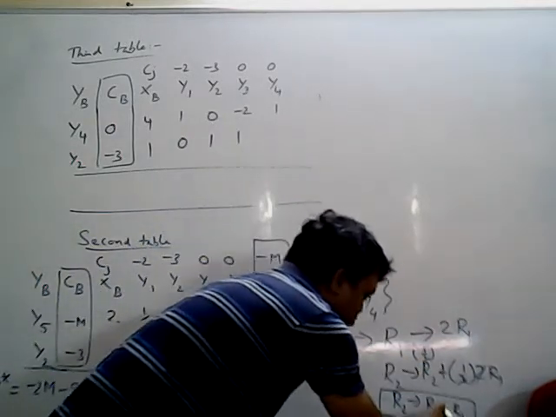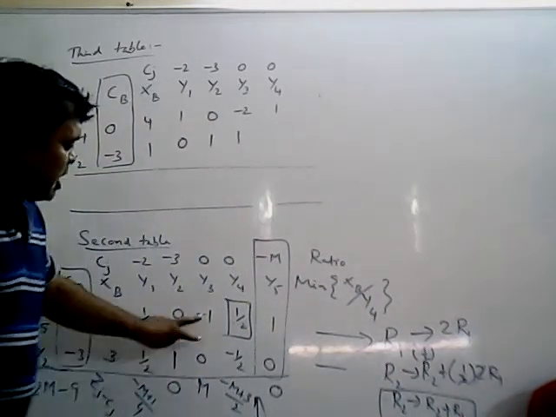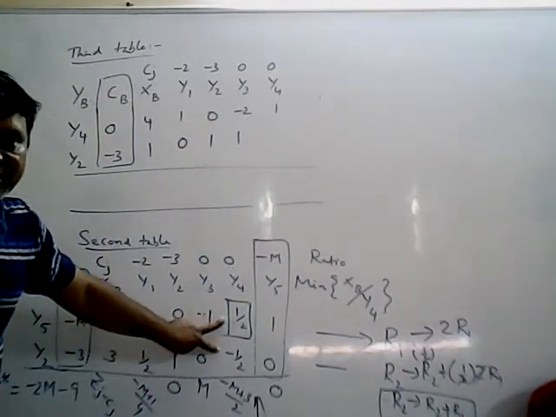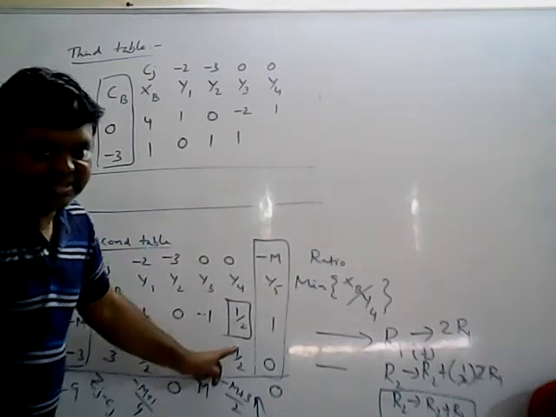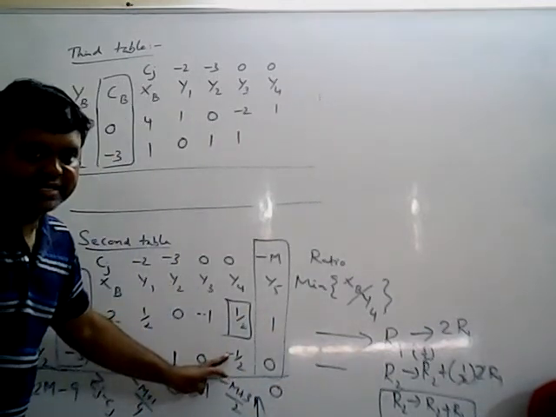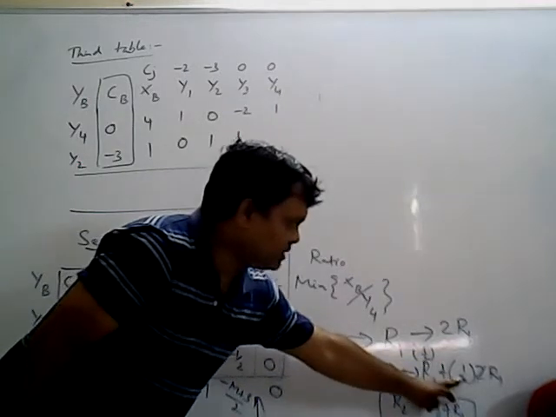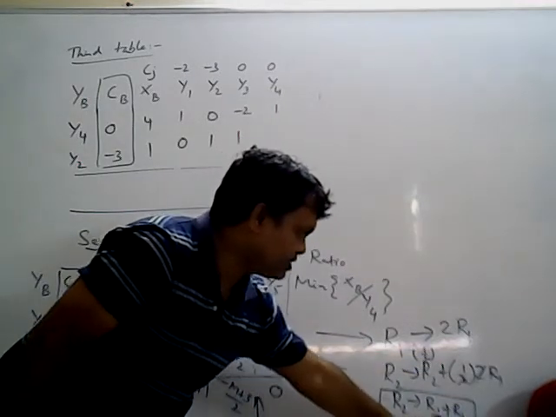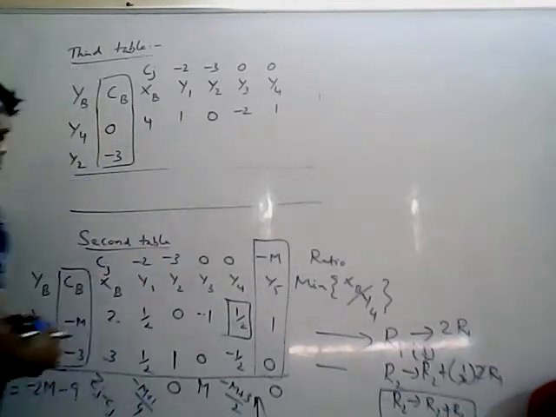So what is the R2 operation? R2 implies R2 plus R1 only, because opposite signs I have already considered. Opposite signs means I am just putting plus. So again, don't consider the sign again. By taking the R2 element, 1 by 2, that 1 by 2 is multiplied here, the 2 gets cancelled. That means R2 implies R2 plus R1.